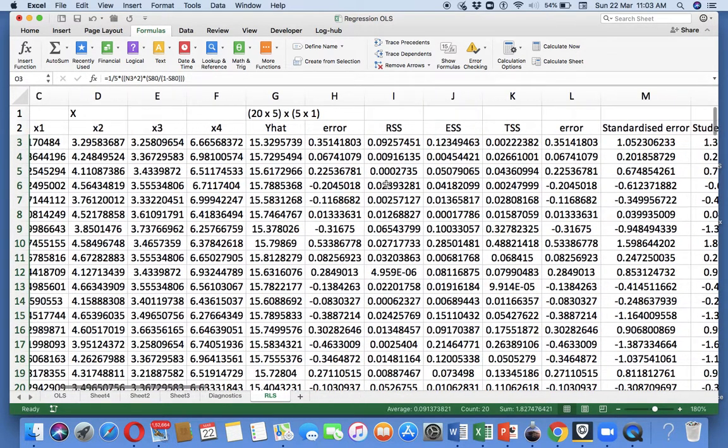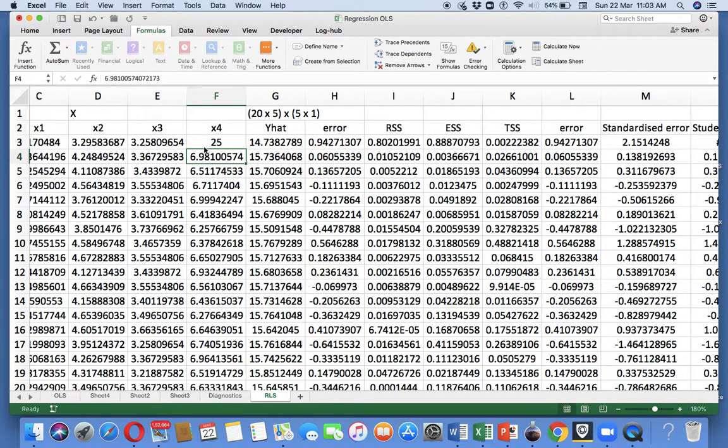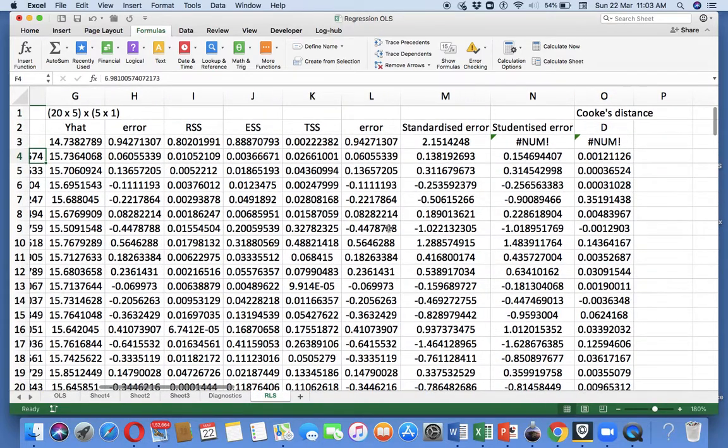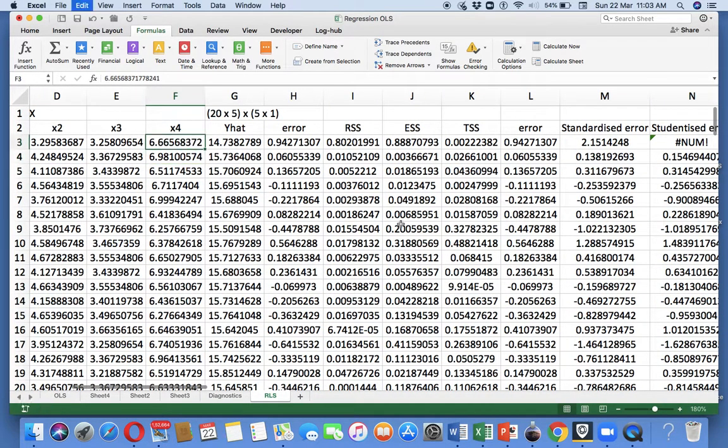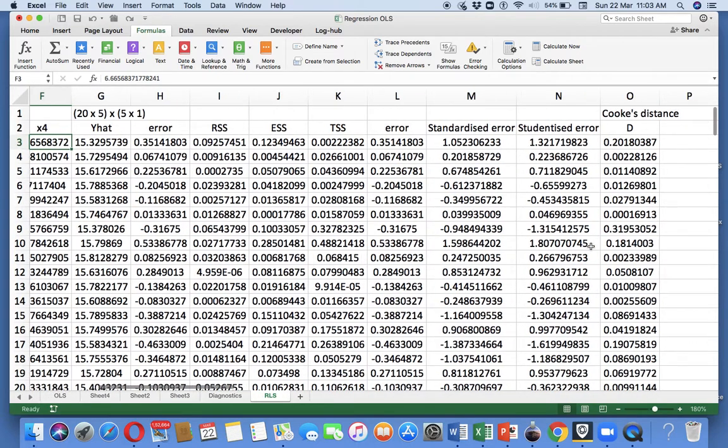Okay, now try to manipulate this to 25 and find out what happened. I'm really not sure why these values changed, because the other term